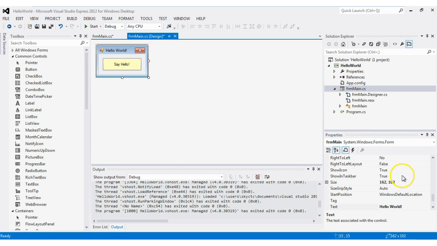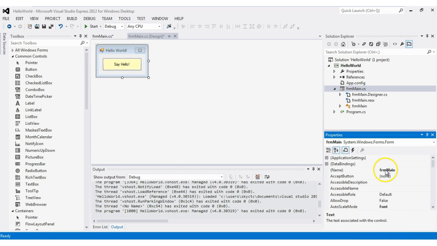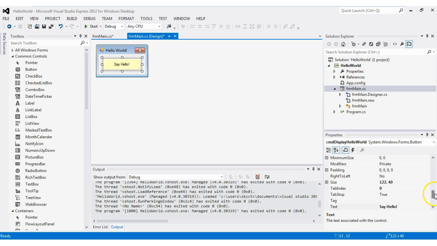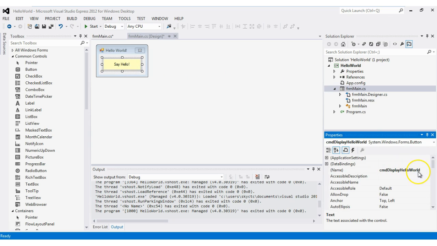The form itself has a different name. I've named it appropriately, form main. It's called form main up here. My button is a command button. I have renamed it to CMD and then whatever it does. And then I have changed the text on it. So to actually provide the code to do it, what I need to do is create what's called a click